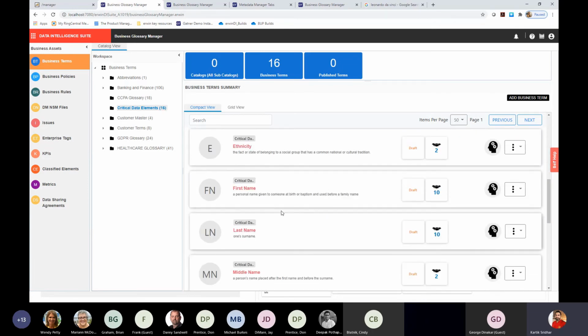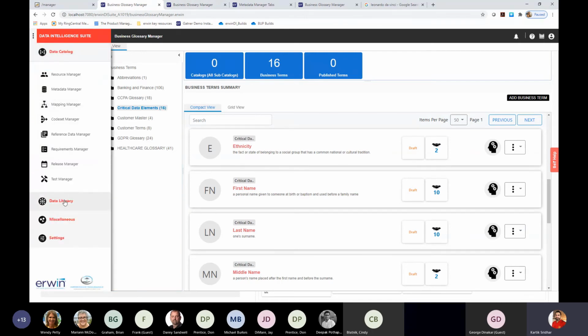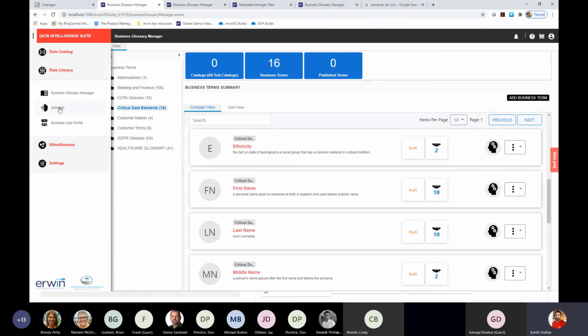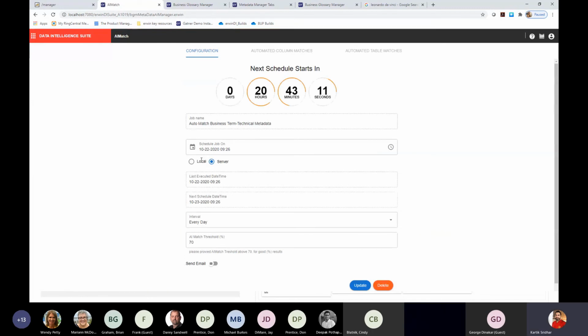date of birth, driver's license number, and so on, you'll be able to go into the AI match engine over here. I'm sorry, into the AI match module. And here you'll be able to configure your job, and you can also tell the tool what results you want to see. So you can define that threshold. So you can pretty much control that you only want to see any matching results that are over 70% or any matching results that are over 80%. So you can define that threshold here as well.